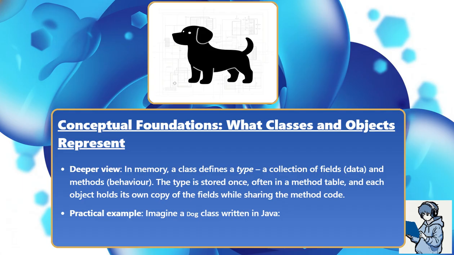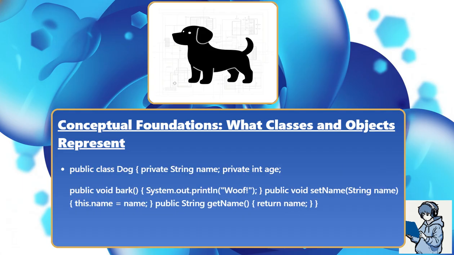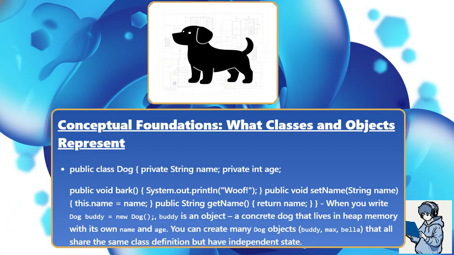Practical example: imagine a Dog class written in Java. Public class Dog { private String name; private int age; public void bark() { System.out.println("Woof!"); } public void setName(String name) { this.name = name; } public String getName() { return name; } }